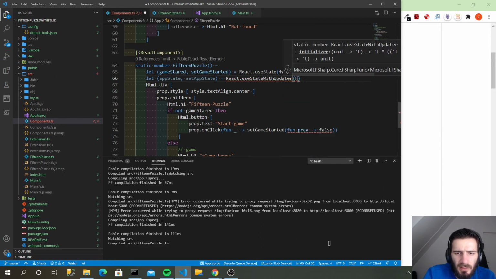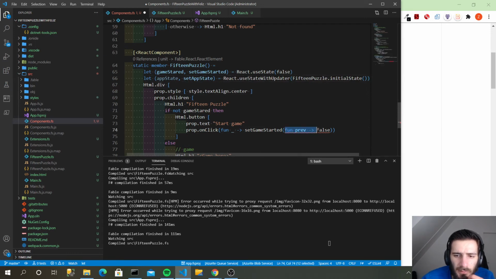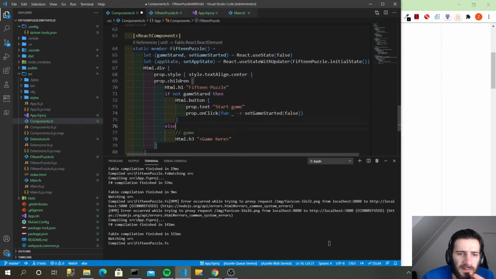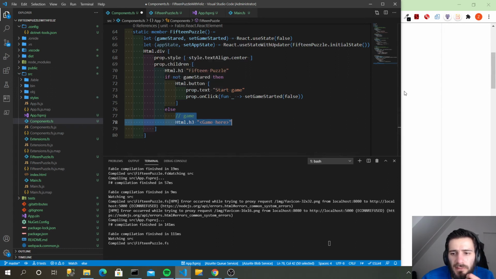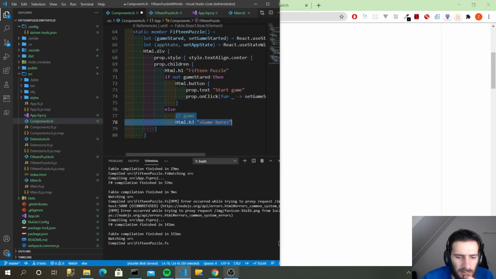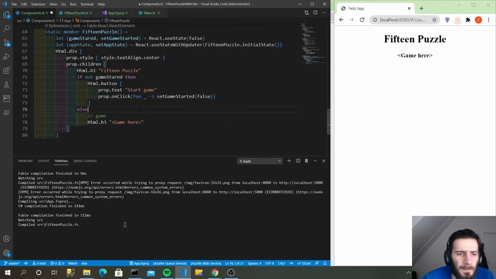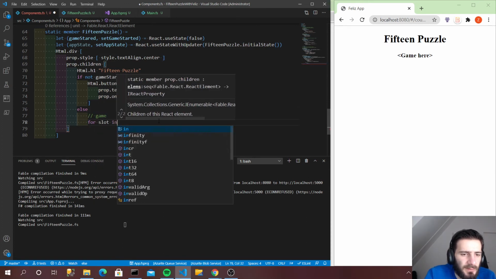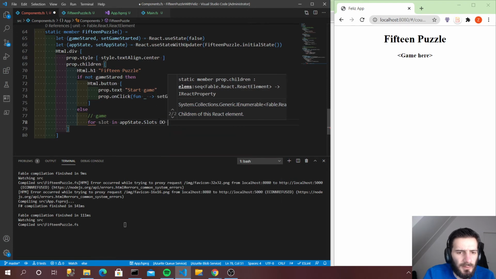So this becomes 15Puzzle and then initial states. Okay, that is just false. So that's my app state, and I can do stuff with it. App state has a slot, so this means I could start rendering those things, and I need a bunch of boxes, right? Let me see. So this is the game, for slot in app state slots, do